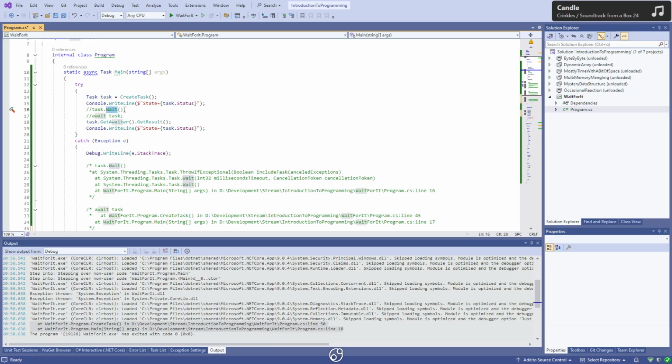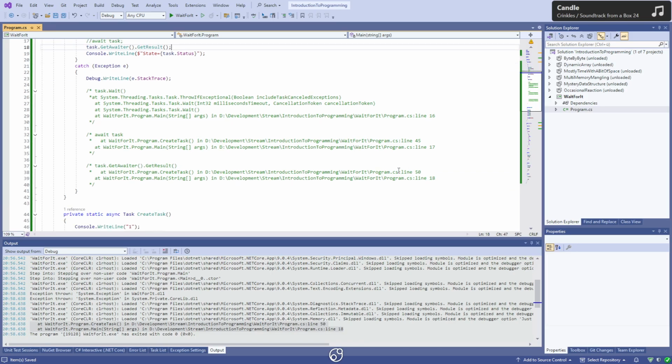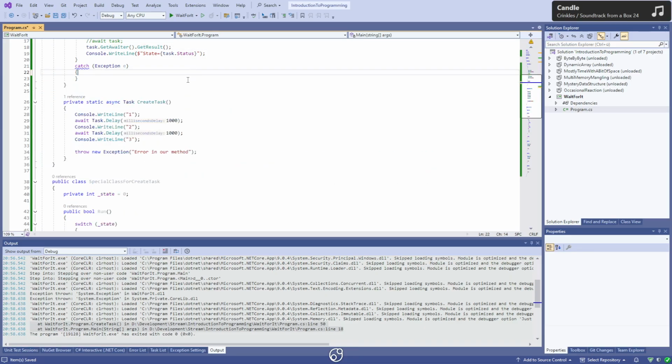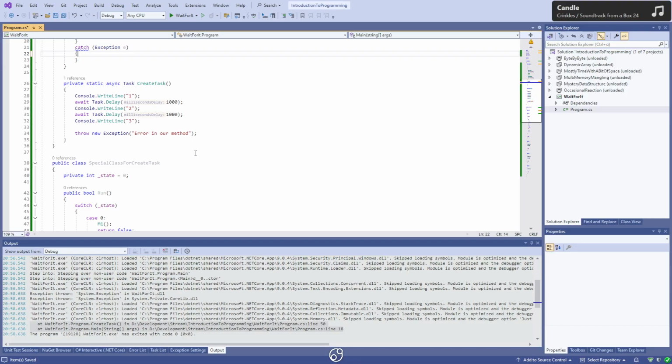If you really need to just wait for something synchronously, if you don't want to use await, and just have a void method, for example, just use GetAwaiter.GetResult. It's a bit more work to write out, and you have to remember that, but it's a lot more convenient. It will save you a lot of trouble. So with that out of the way,